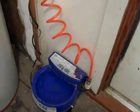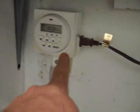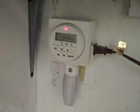And yeah, moving the camera around so much. But yeah, so I got the automatic water. Oh, here, let me show you how it works. They don't need any more food, so I'm going to unplug the food. Hold on, let me set the camera down. And then what I'll do is turn on the timer. The pump turns on down there. And what I'm going to do is I'm going to shut the water off here at the valve. And then you can see